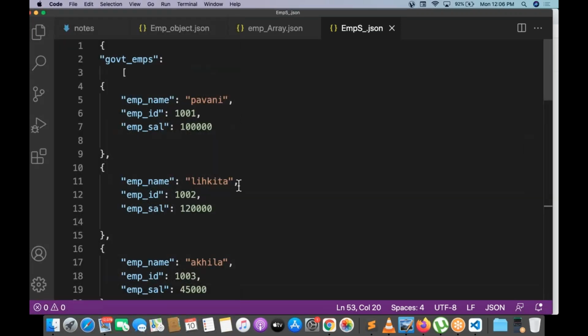Try to create a hierarchy like this. Take a number of records, a number of products, and try to go with the complexity. Start with the small one. Few records in an object, few records in an array. That is okay. I can understand the JSON first.